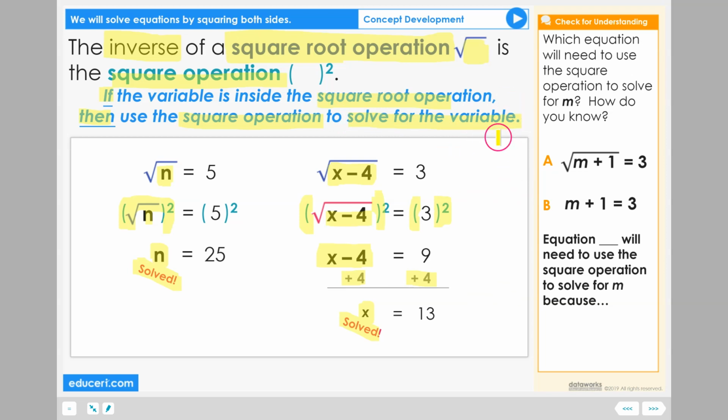Let's check for understanding. Which equation will need to use the square operation to solve for m? How do you know? A. The square root of m plus 1 equals 3, or B. m plus 1 equals 3. Equation blank will need to use the square operation to solve for m because